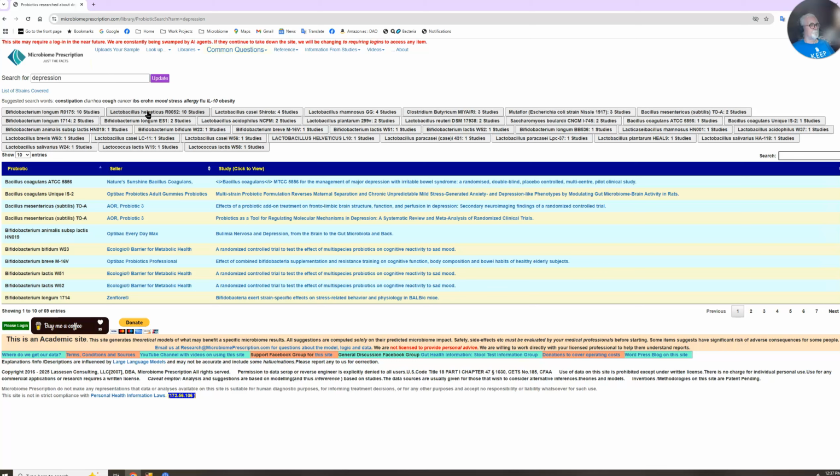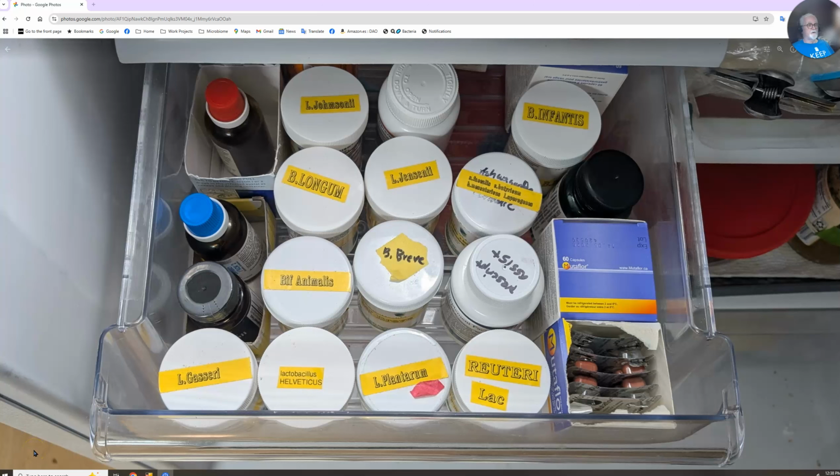Let's go to my fridge supply shop, and I'll show you that in a second. In my fridge, I have a shelf with nothing but probiotics, and you can see a whole bunch of labels: Animalis, Longum, Gasseri, Helveticus. That's one of which, and we have Longum there. Those were the two I would just take out of my fridge. The probiotics have been refrigerated since literally 3 weeks after they're manufactured, so they are fresh.